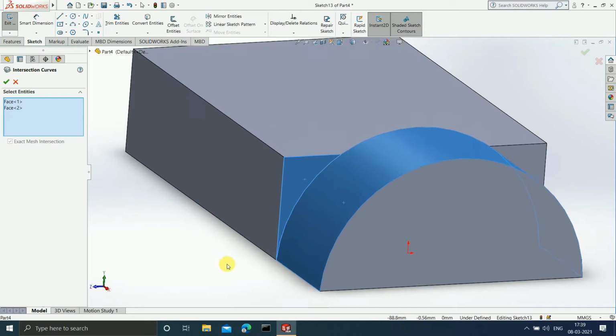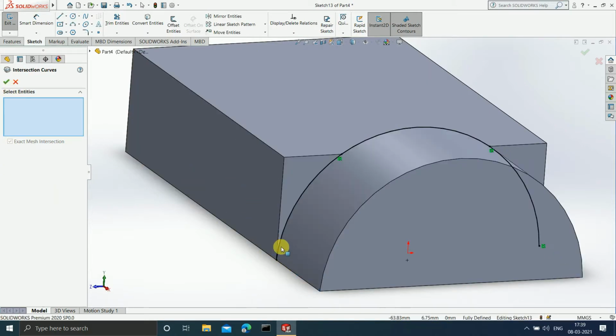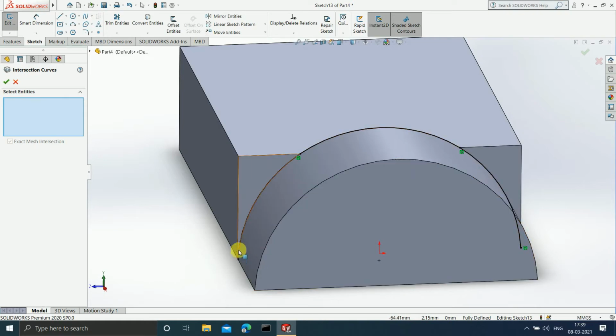You can observe that this face and this curved surface are intersecting on this particular arc. So as soon as I click on OK, I get a curve on which both the surfaces intersect.